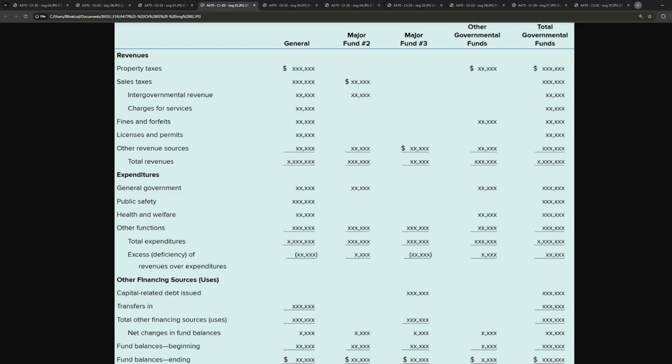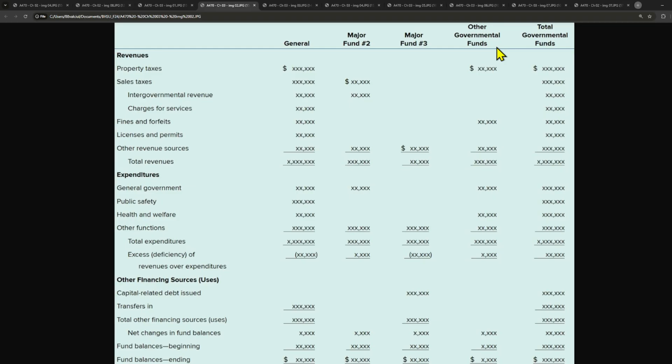Depreciation expense is never recorded in governmental funds. So we made a point of talking earlier about depreciation as a direct expense, but that was in the government-wide statements, right? Now, when we're talking about fund accounting, these are all funds here, right? General fund, major fund. Depreciation expense is never recorded in a governmental fund as it's an allocation of cost for a long-term asset. And remember, fund accounting is on modified accrual, so you won't see depreciation because it is not a current